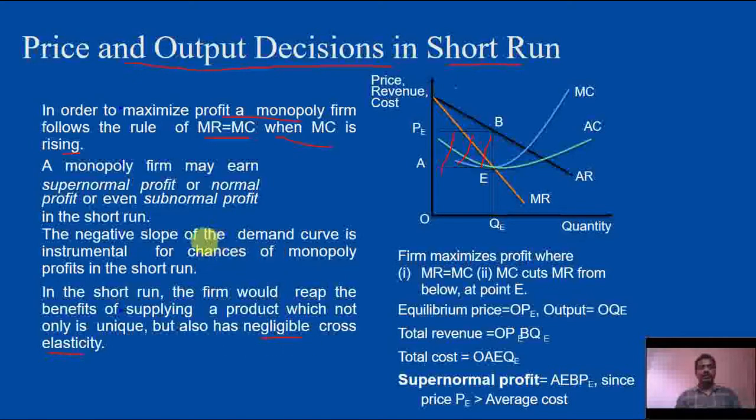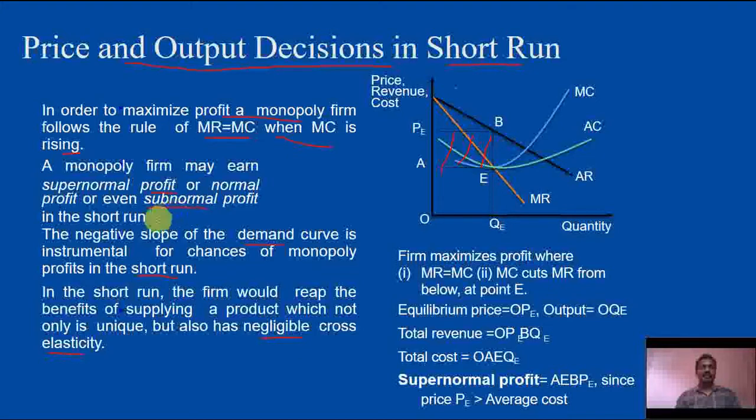So the negatively sloping demand curve is instrumental for the chance of monopoly profit in the short run. So the firm can earn supernormal profit,